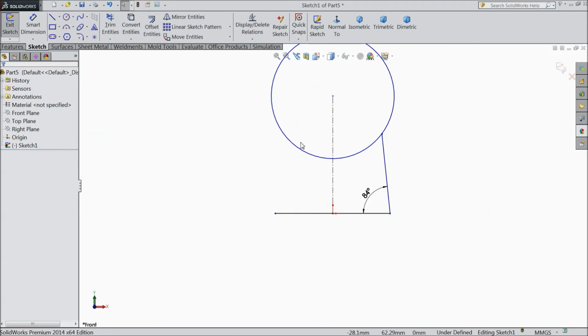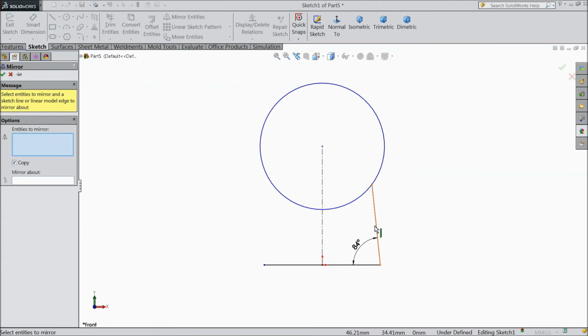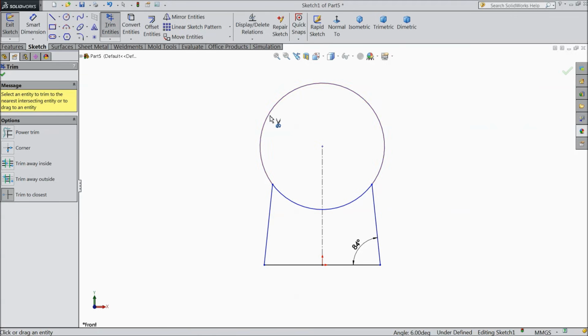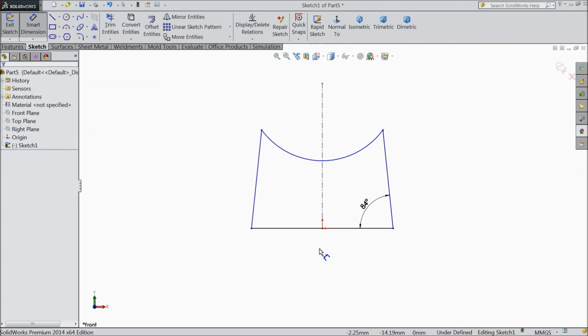Okay. Choose mirror entity, select this line and just mirror against the center line. Choose trim entities and trim this half circle. Okay. Now let's assign the dimension.